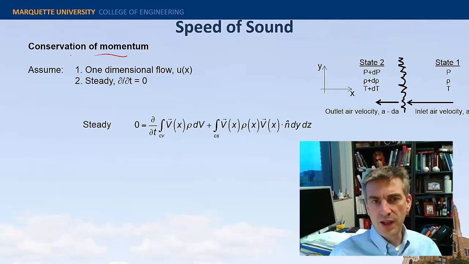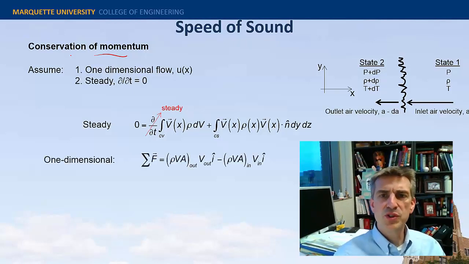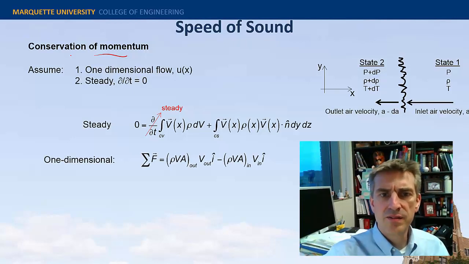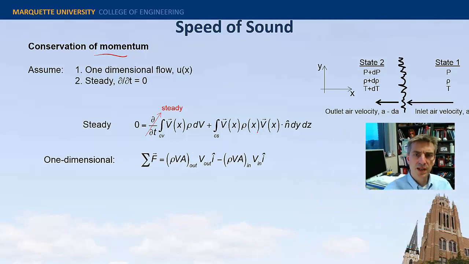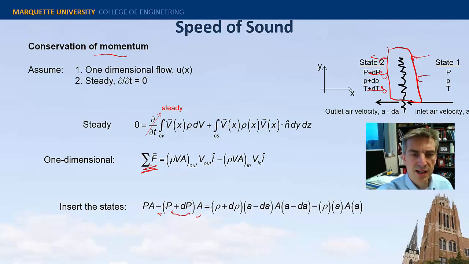So again, here is our Reynolds transport equation in all of its glory, and if we make it steady, we'll get rid of that term, and then we'll insert our velocity and our m dot into our two flux terms and get this here. And then we'll recognize that the only loads on this control volume are just the pressure loads. So you've got a pressure acting inwardly normal on the right side and inwardly normal on the left side, so there's a change of sign here. So P plus dP times A plus P times A, and then you can see those guys will cancel out.